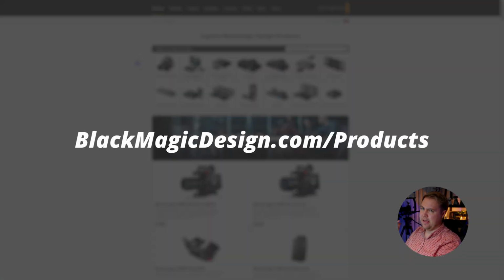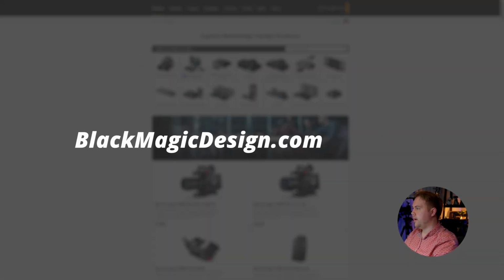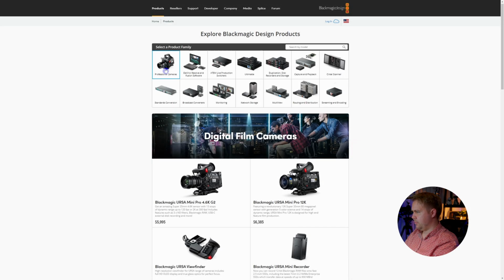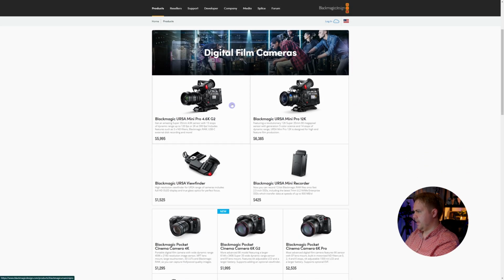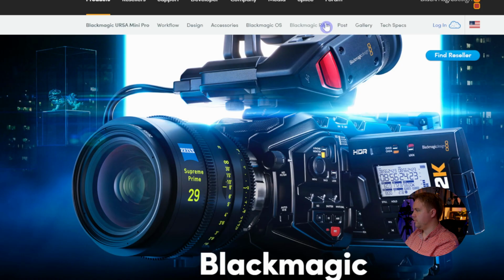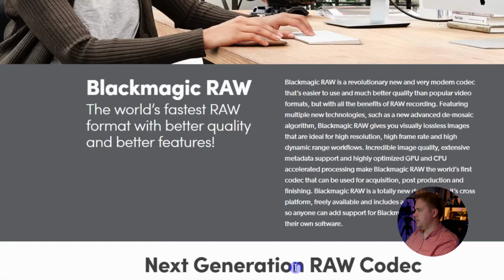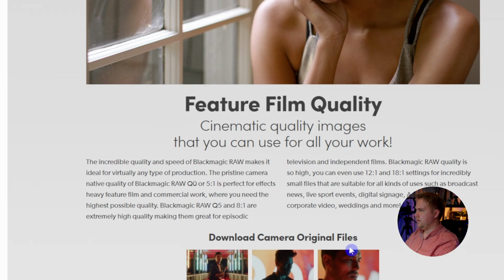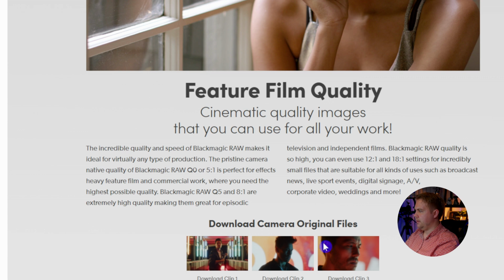The first site is going to be blackmagicdesign.com/products. So in the products page, you want to make sure that you have professional cameras selected, and we'll just go ahead and choose this Blackmagic Ursa Mini Pro 12K. Go up to Blackmagic RAW, select that, and if we scroll down, we can find some sample clips right here